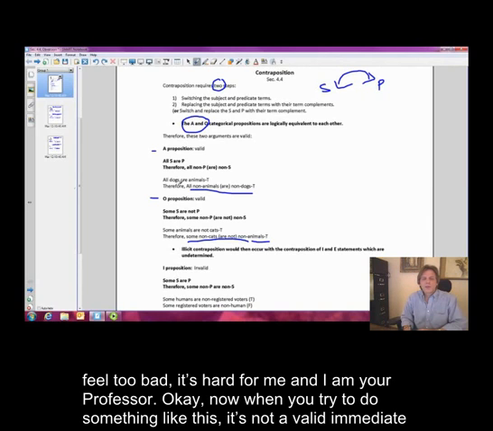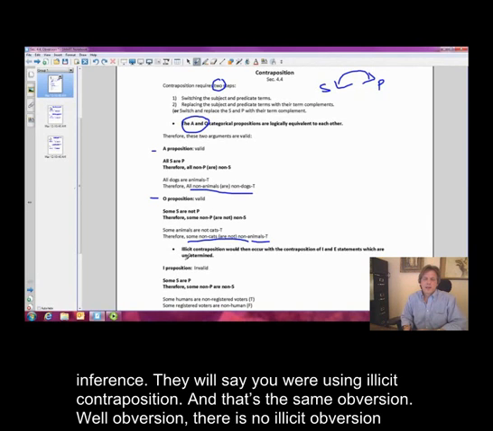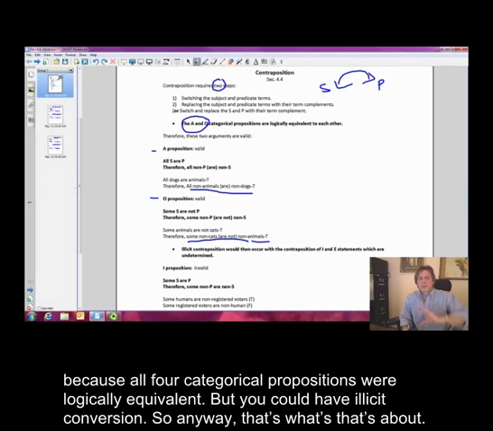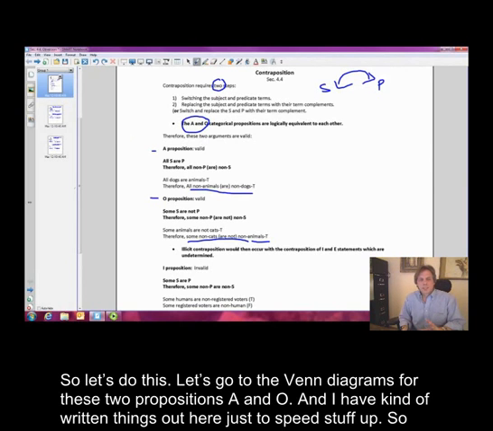Okay? Now, when you try to do something like this, it's not a valid immediate inference. They will say you are using illicit contraposition, and that's the same for conversion. Well, for obversion, there is no illicit obversion because all four categorical propositions are logically equivalent, but you could have illicit conversion. So anyway, that's what that's about. So let's go to the Venn diagrams for these two